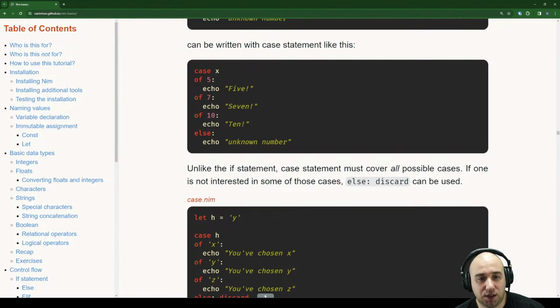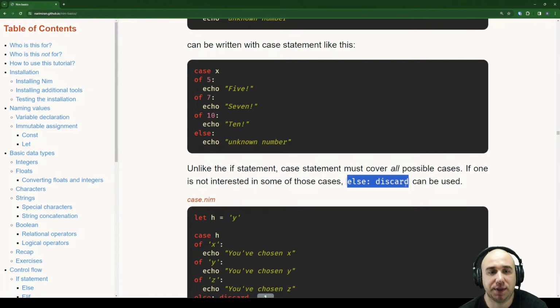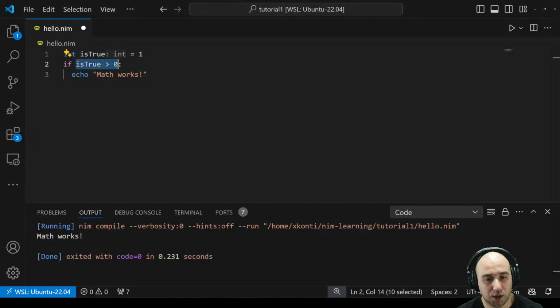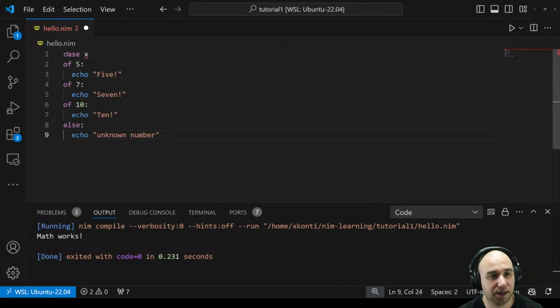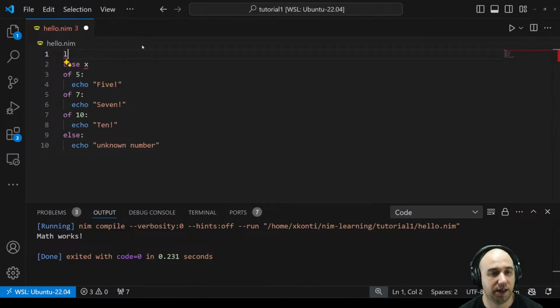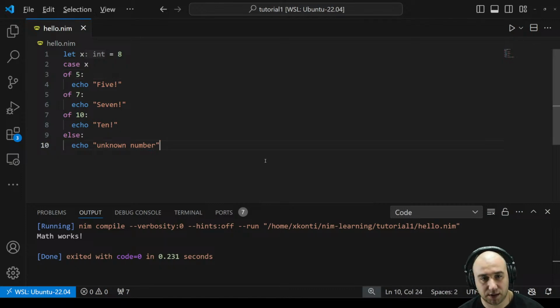If one is not interested in some of those cases, else discard can be used. Okay, so this is something that many people like, and it's slowly coming to different languages that have pattern matching and so on. Basically what it means is that if we wouldn't have this else here, the compiler will be unhappy, right? Let's try it. So if we place it here, and right now we don't have X, so let's say let X equal 8, okay? If we save it and run it,